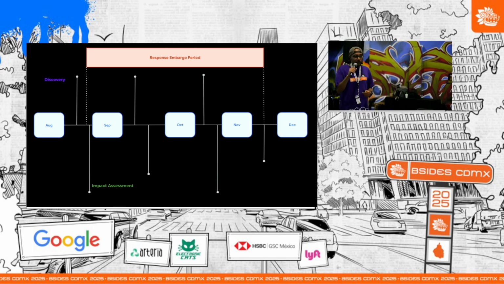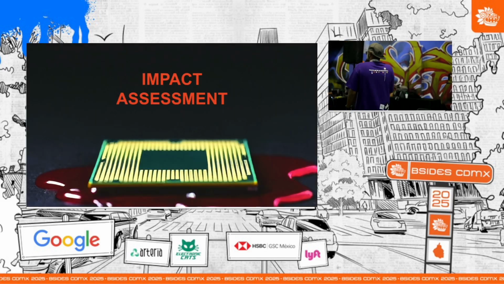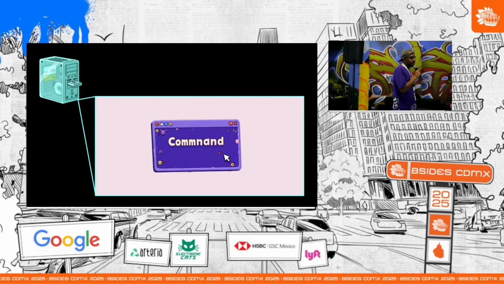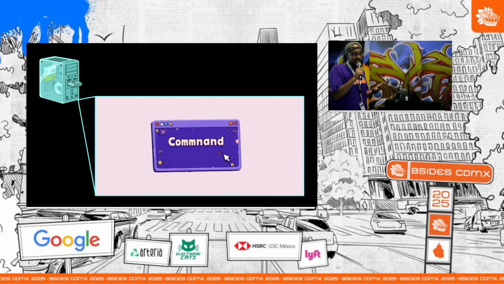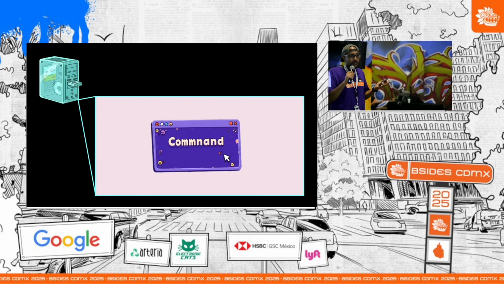We start with something called the impact assessment. We have a vulnerability. We want to understand how bad is this? How much of Google does it affect? How much of the world does it affect? So, first of all, we thought about it. You've got a machine, right? And what happens is that you run the exploit that was developed by the researchers. It will just crash the machine, right? The machine will just crash. That's it. So does that sound like a problem to anyone? If you're crashing your own machine, is that a problem? Why is it a problem?